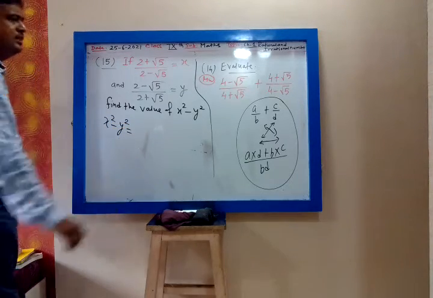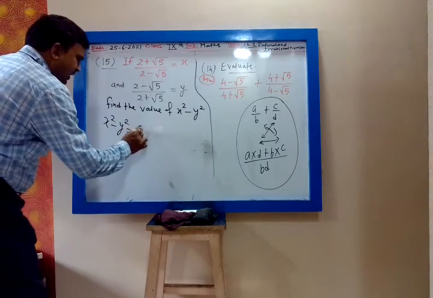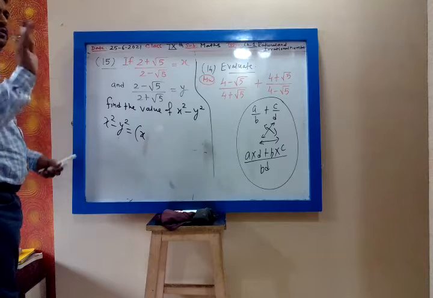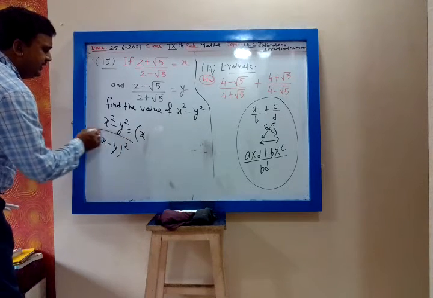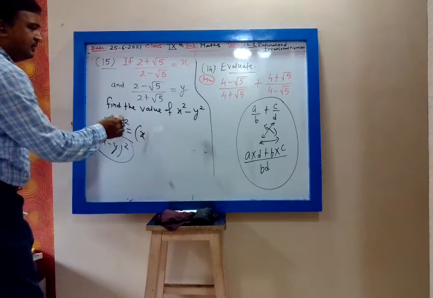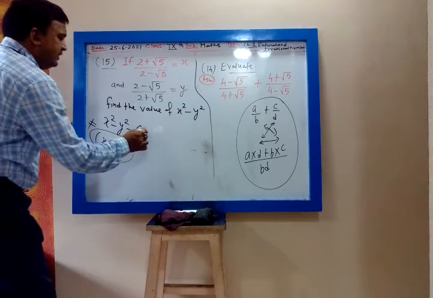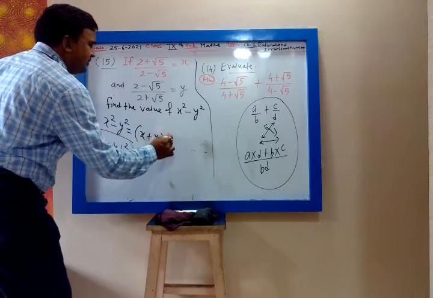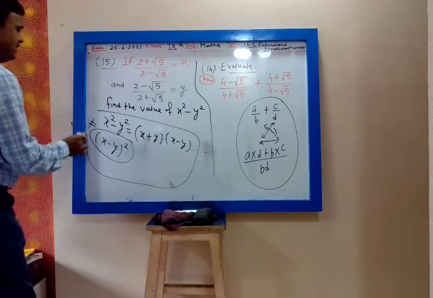After getting the simplified form of y, we know what x square minus y square is. What is x square minus y square? A square minus b square. No, not x minus y whole square. My dear, you are telling me the formula for x minus y whole square. Remember, x square minus y square is not the same as x minus y whole square. x square minus y square is nothing but x plus y into x minus y. A square minus b square is a plus b into a minus b.